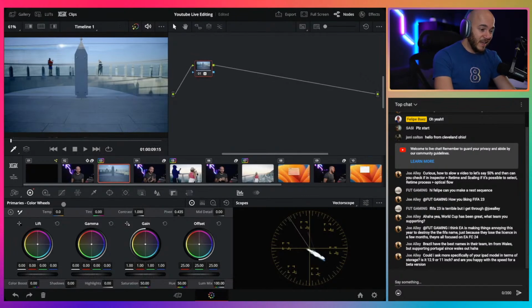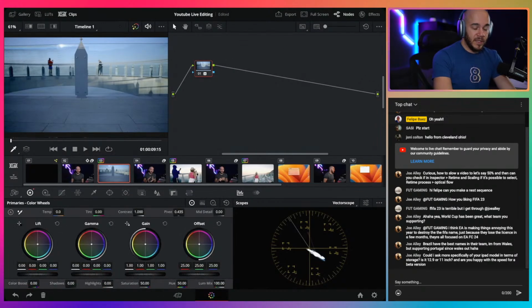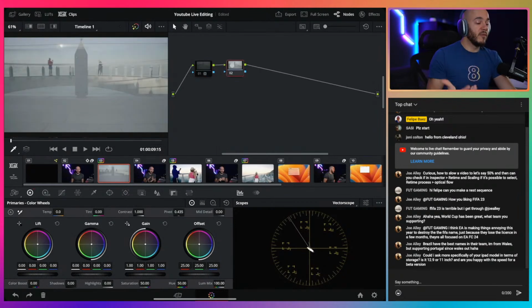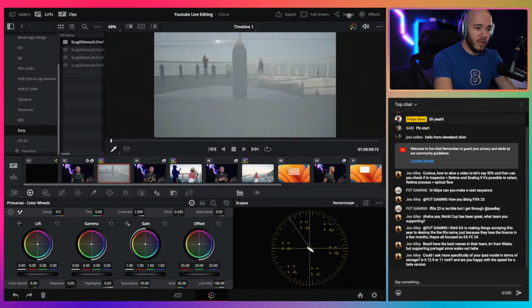Now, I'm not yet aware of exactly where the changes are, but I can basically create another node and I can deactivate this node and say, okay, now I'm ready to do it myself. I know that this is in Sony S-Log3, Gamut 3, so I can actually use LUTs that came here with DaVinci Resolve